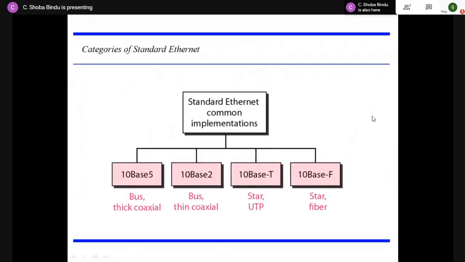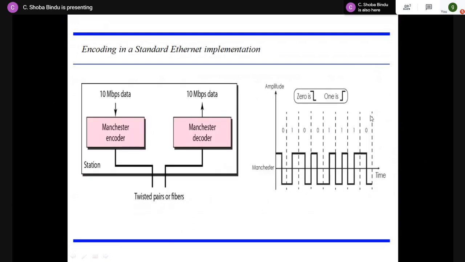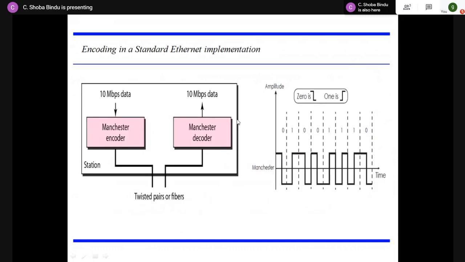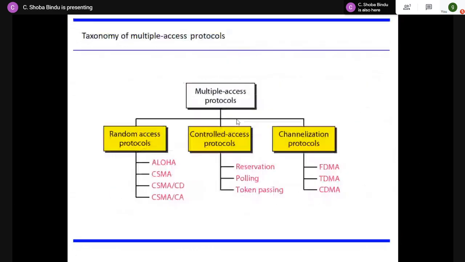And then we have looked at the categories of Ethernet, and so the evolution of Ethernet, and then we have looked into various categories of standard Ethernet here. So that is the gist of Ethernet. So now we'll look into what are the protocols that you are going to make use of